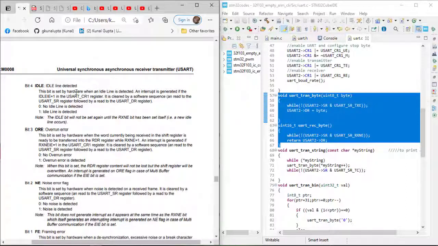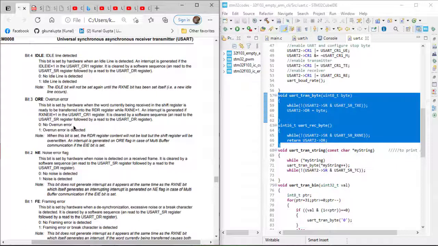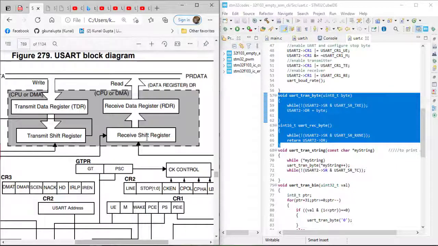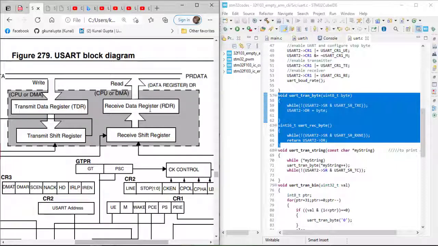This is the idle line flag: whenever an idle line is detected, it will set this bit to 1. Then there is the data overrun error, the noise error flag, and the framing error flag. Overrun error basically occurs when I have data in my receive shift register that has not yet been transferred to my receive data register, and I again send new data to my receive shift register.